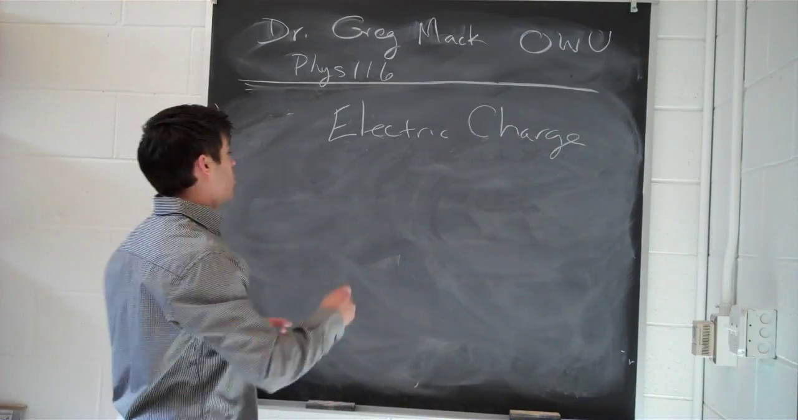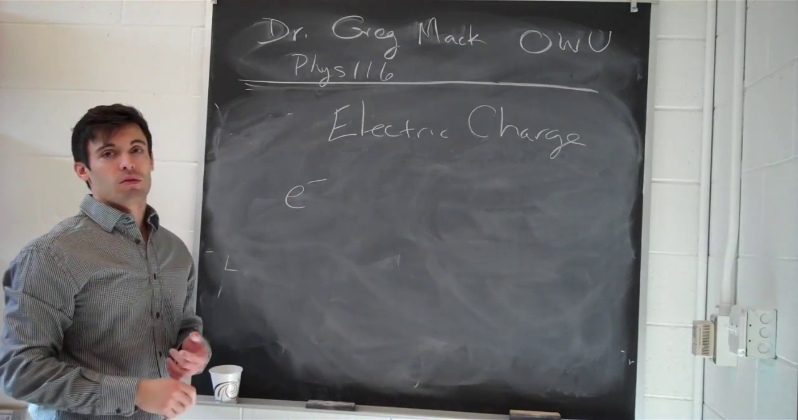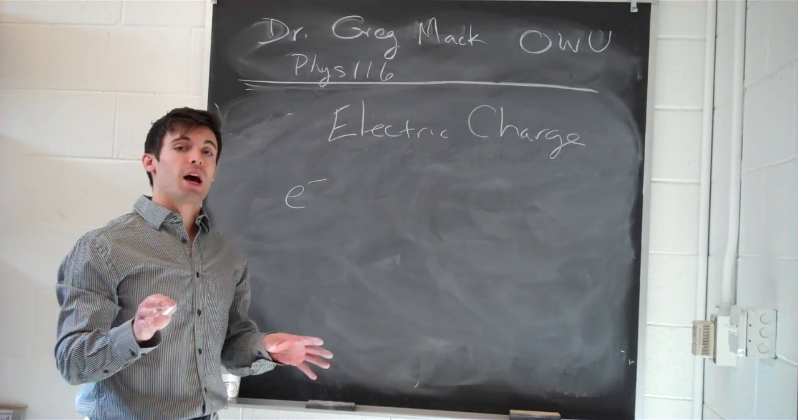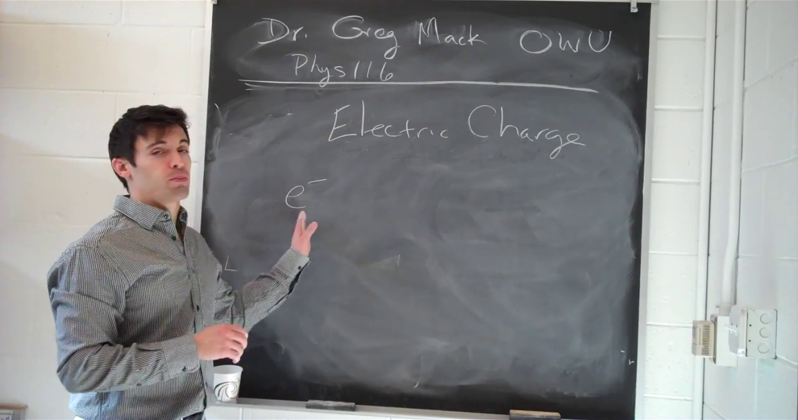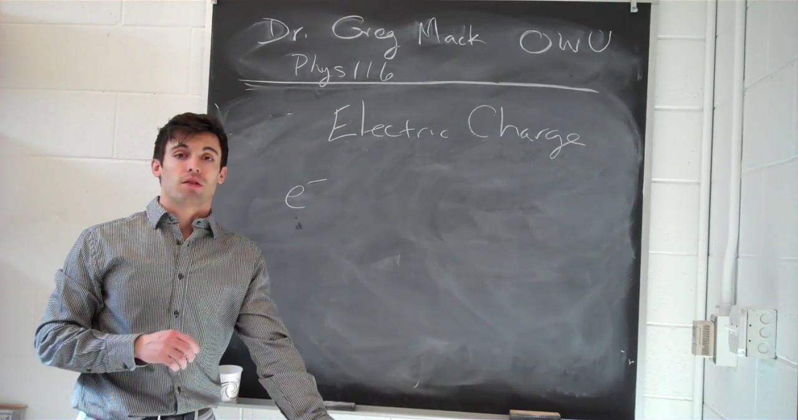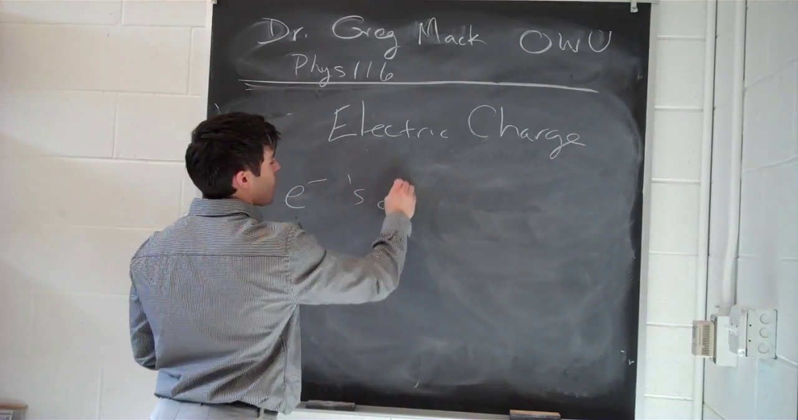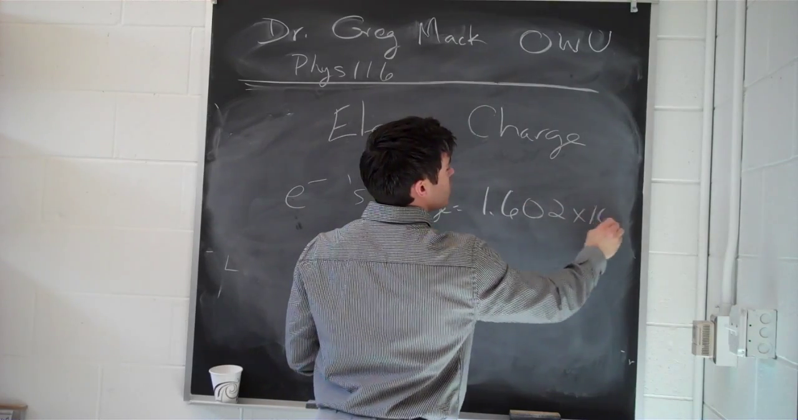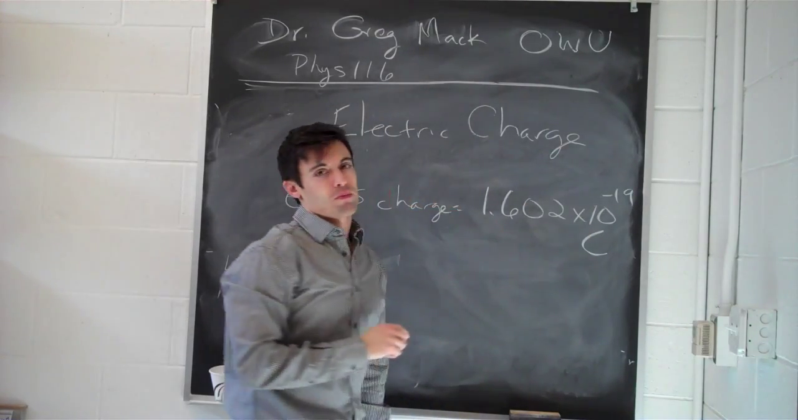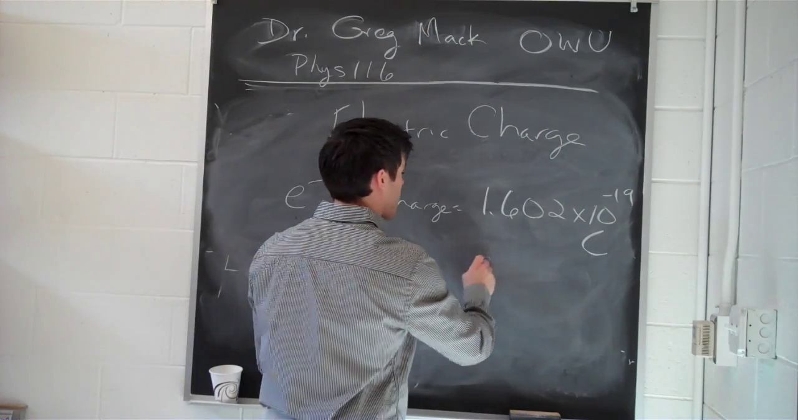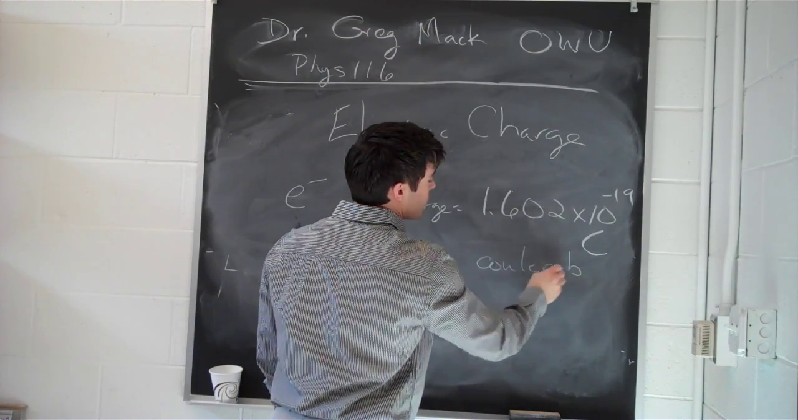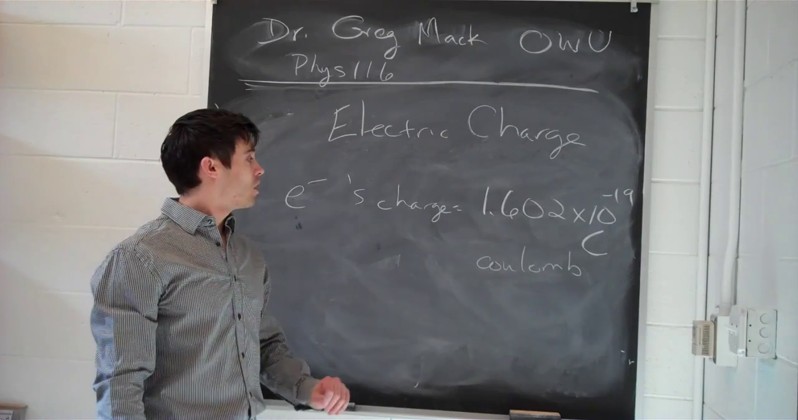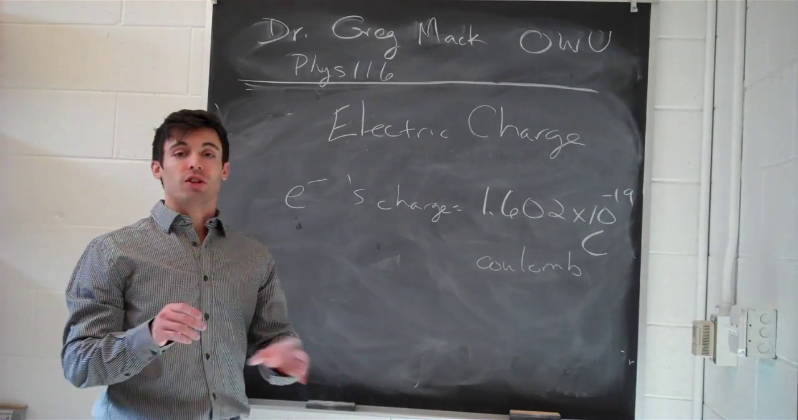And so the electron, e minus right here, has the fundamental unit of charge. In nature, we find out that the charge always occurs in multiples of the charge that we find on electrons. And that charge has a value of 1.602 times 10 to the minus 19th coulombs. Okay, it's a new SI unit that we have to introduce here to talk about the amount of this thing that we call charge